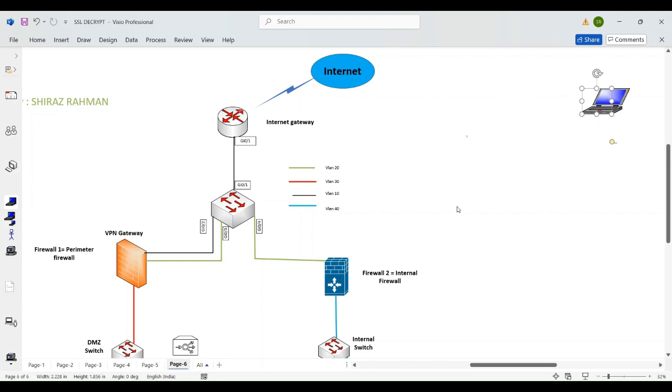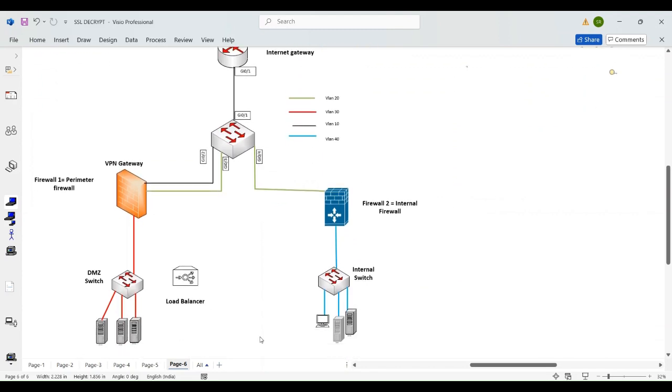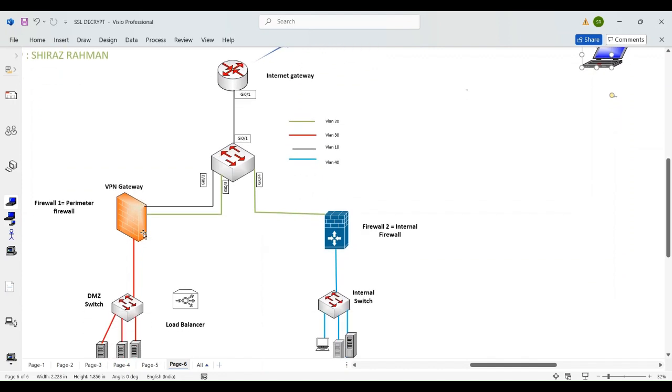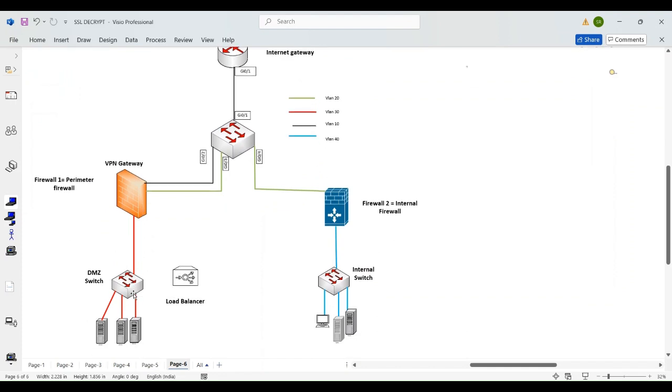He wants to access a server in the DMZ, right? So he will go to the internet. Once he goes to the internet, it comes to the internet gateway, right? From the internet gateway, it will go to the perimeter firewall. From the perimeter firewall, it will go to the DMZ zone, and from there to the DMZ